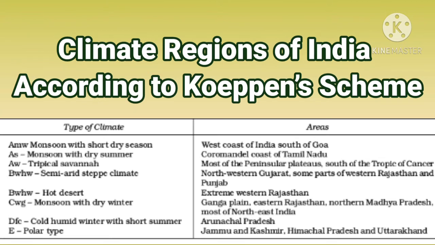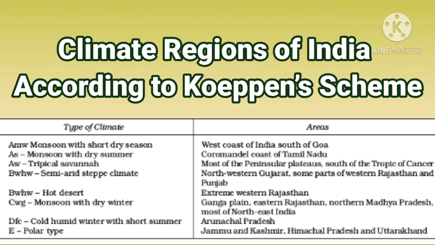Now let's come to the B. B means the dry climate. So here it is showing BSHW, which means semi-arid steppe climate. The areas included in that are northwestern Gujarat, some parts of western Rajasthan and Punjab. The second one is BWHW, which means hot desert, in which the area included is extreme